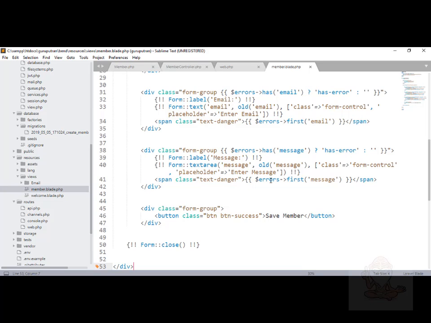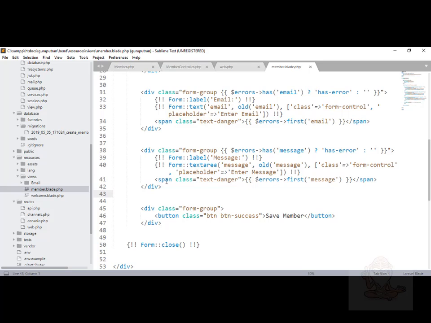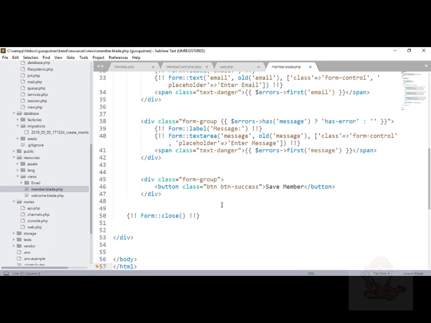And this span class text-danger is all for validation, because you would have seen this red color. This is given by this little guy, span class text-danger errors, right? And then we close the form and we close the division, body, and HTML. So that is the member.blade.php.